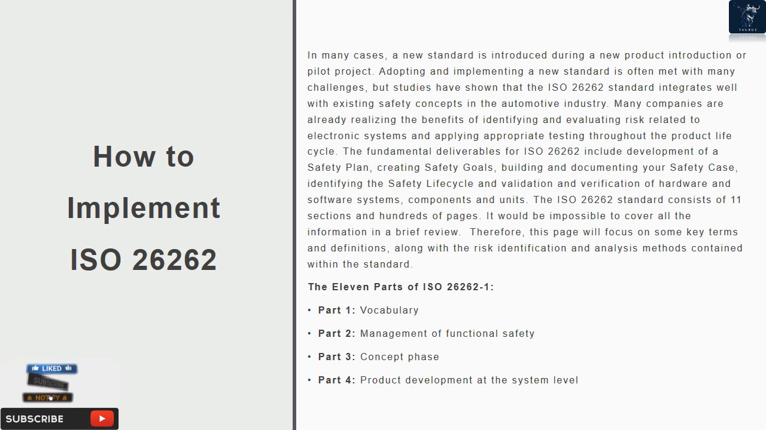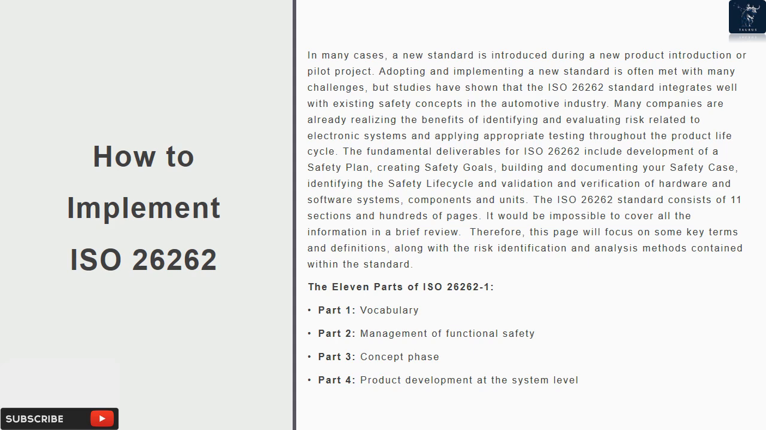The ISO 26262 standard consists of 11 sections and hundreds of pages. It would be impossible to cover all the information in a brief review. Therefore, this page will focus on some key terms and definitions, along with the risk identification and analysis methods contained within the standard. The 11 parts of ISO